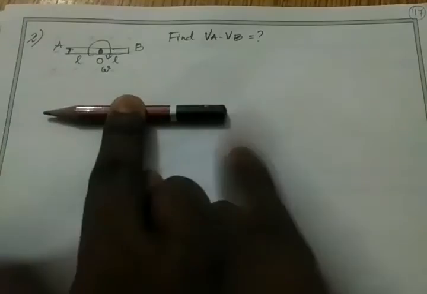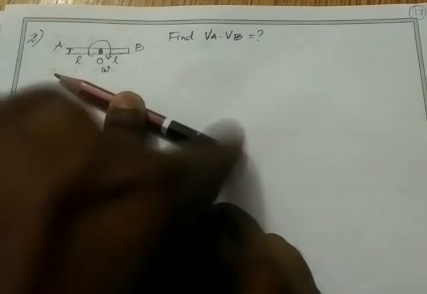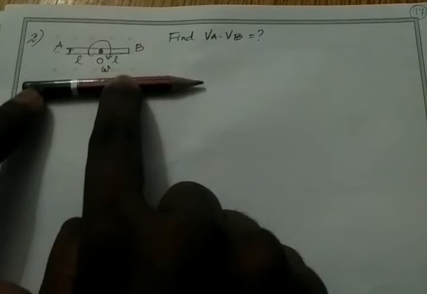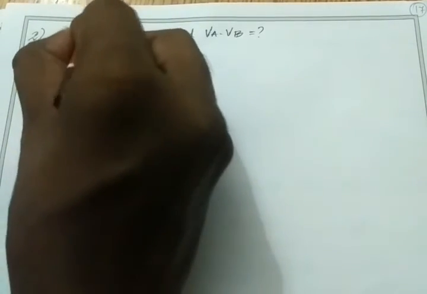O to B comes down and A to O goes upwards, right? So the center point will be fixed. Correct? So we can say O to B comes downwards with some velocity and A to O goes upwards with velocity,